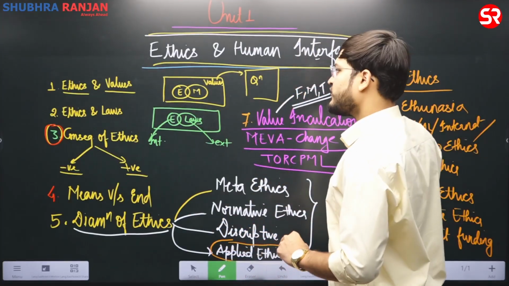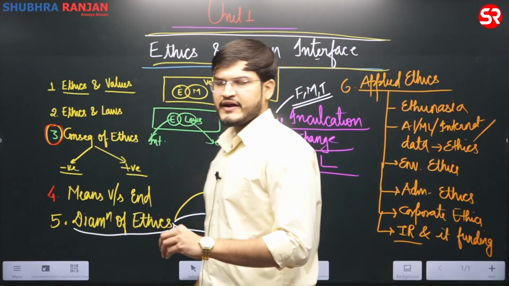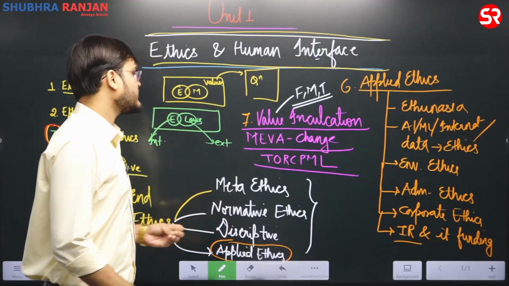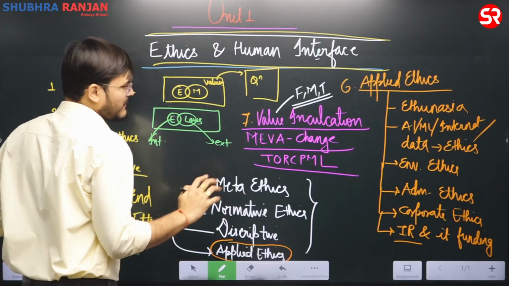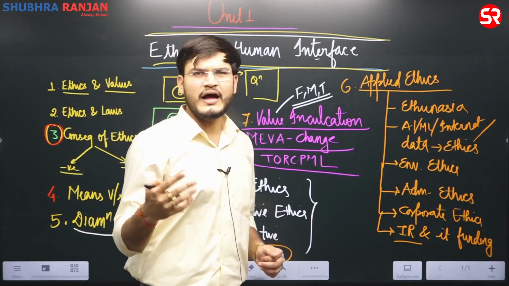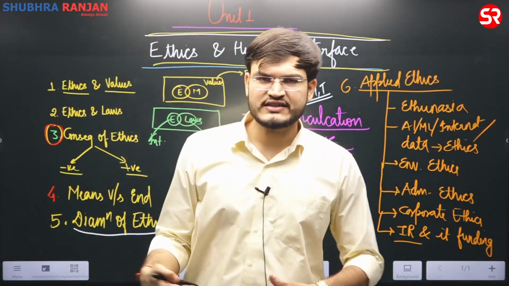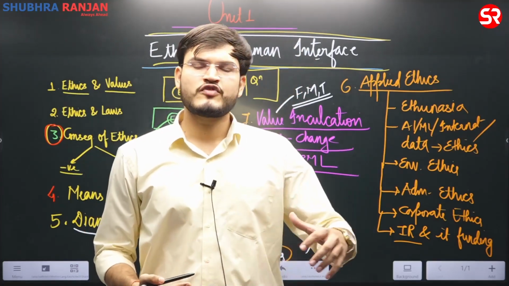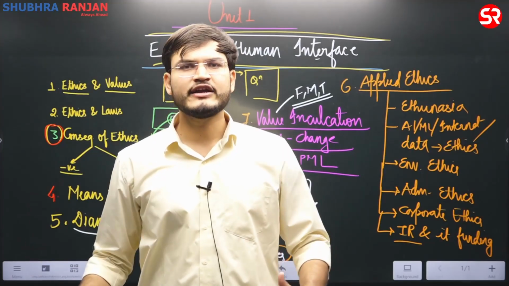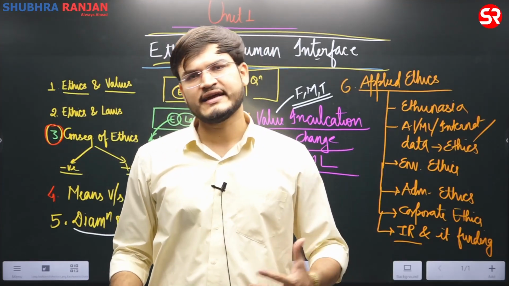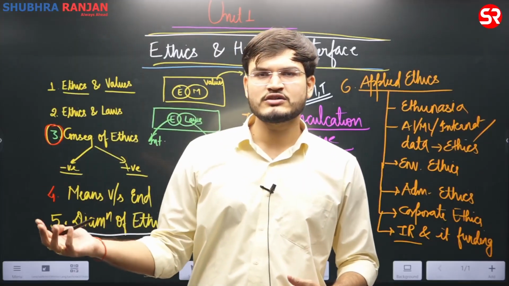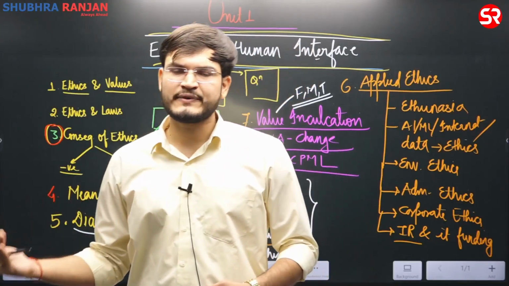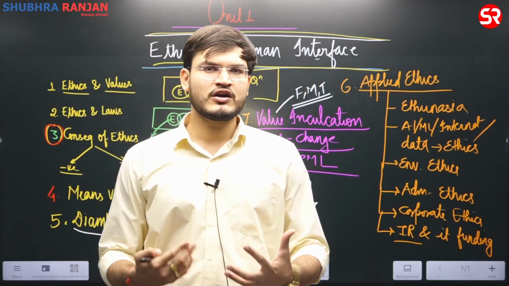Beyond that, from unit number 1, there is one more theme, that is determinants of ethics, but that is not that important. And if a question comes, you can divide those determinants into internal and external and write various dimensions, like internal, for example conscience, intuitions, your own rationality, or external, like laws and constitutions, or for example religion, or for example media.